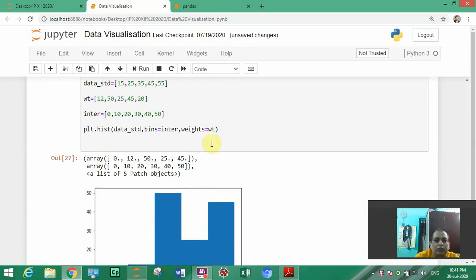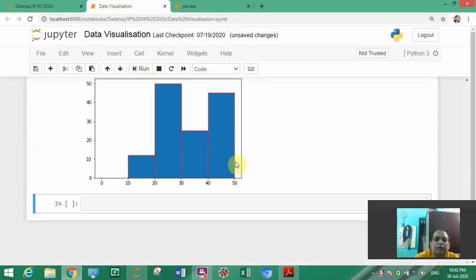For that you can write here edgecolor equal to any color, so it will give you a separation line.